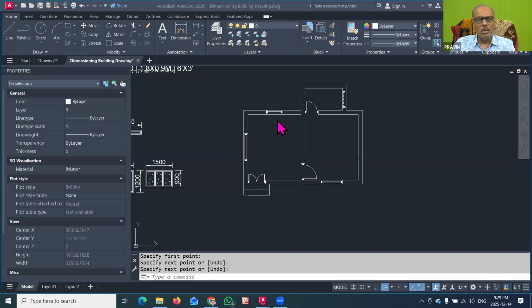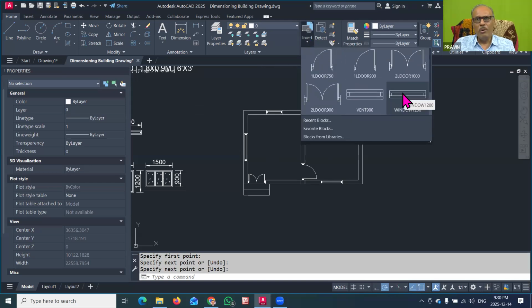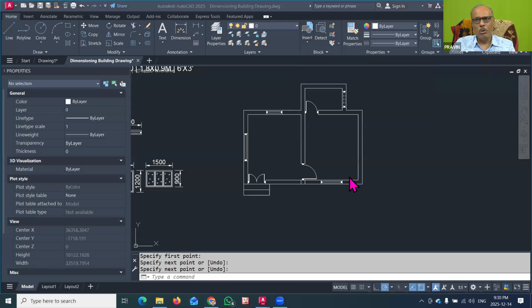Now the important part was coming that you have to remember again. It is not only that by creating the block and then inserting the block, but the important thing that you have to remember is that now we are learning here. Suppose these symbols are available when I go to the insert command. But when I open another new drawing, these symbols are not available there. So that is the important thing that you have to remember.